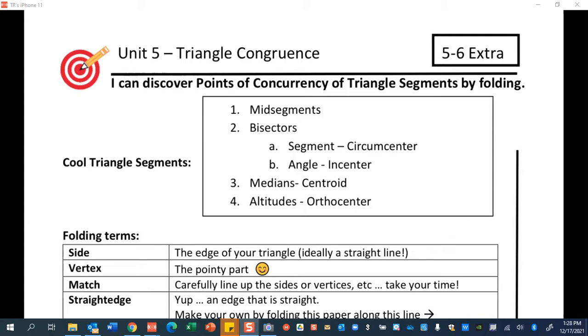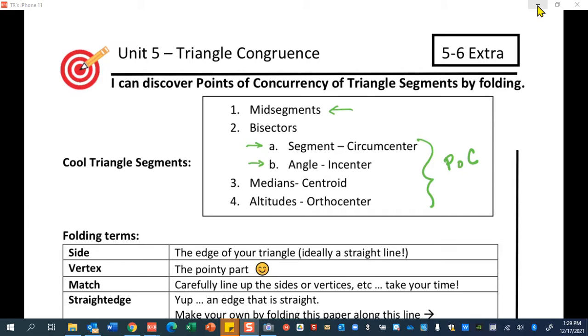We are going to be folding and making triangle and triangle centers. So you all have a paper that looks like this, true? And these are the triangle segments that we're going to have a good time talking about. Now you have actually already explored mid-segments in our last notes, and you've talked about angle bisectors, but today we're going to talk about these special words, and they are actually points of concurrency, and you'll see that word a ton more times